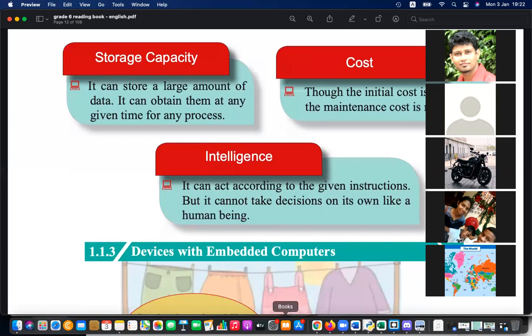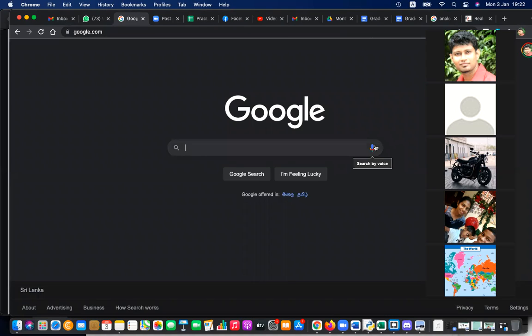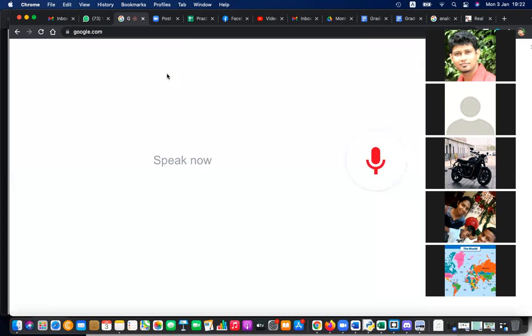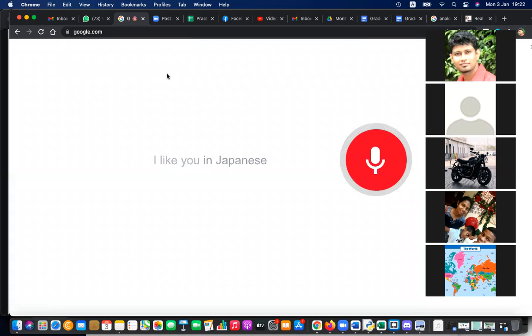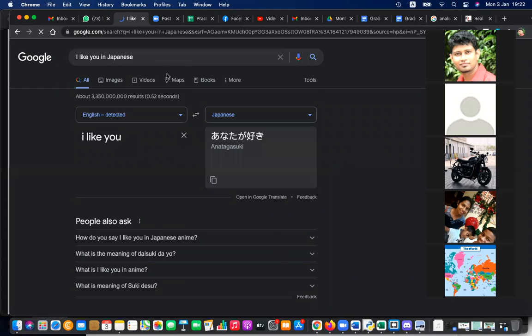So if you want to translate something, you can ask your computer. Okay, let's go to Google. So see the intelligent features. Let's say you want to learn Japanese. You can ask, okay, I like you in Japanese. In Japanese, you would say, あなたが好き。